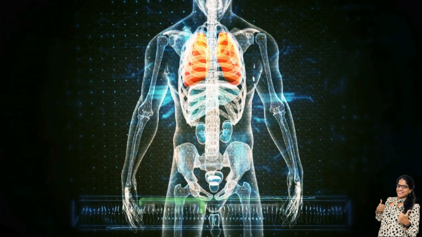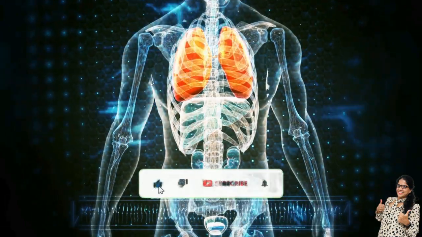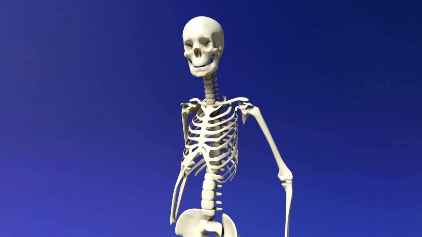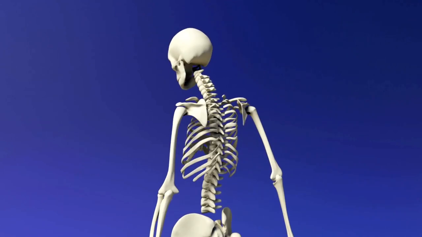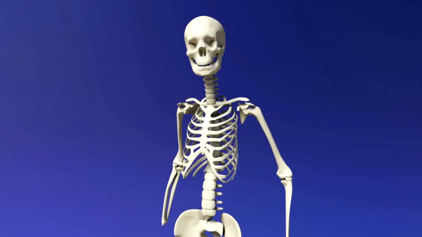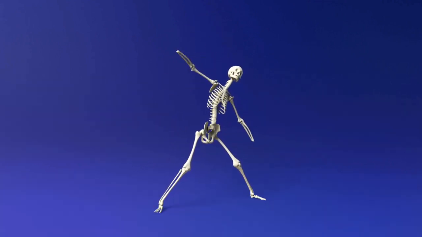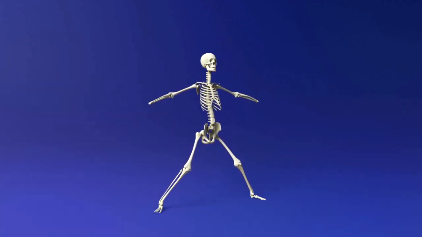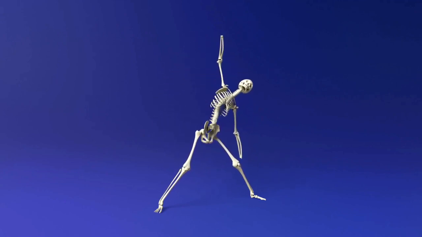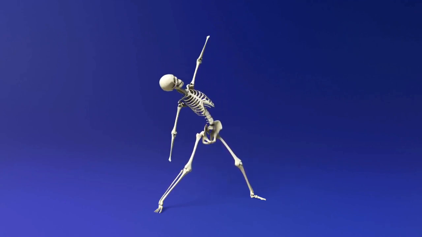So in the thumbnail we have already seen that this class is all about the skeletal system in humans. So what is the skeletal system? The skeletal system is nothing but the hard structures that support our body. It's called the skeleton. This skeletal system, if it is present outside the body, is called exoskeleton, naturally seen in the scales of fishes. And if the same thing is present inside the body, it is what you call the